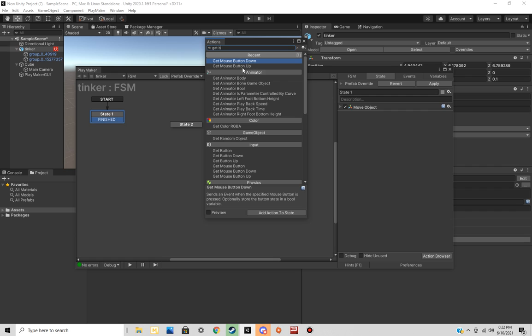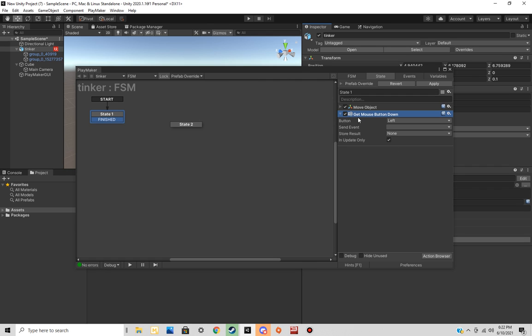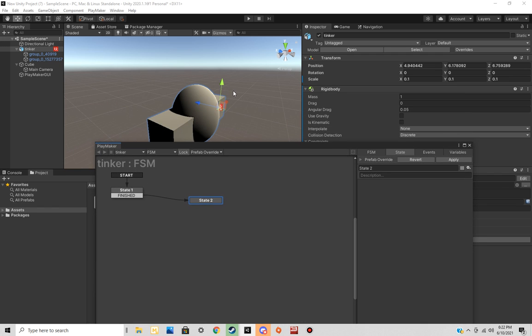Get mouse button down. There we go. So basically what this is saying is that I am waiting to see if the player presses down the left mouse button. If it does, I might go to this state and say, okay, I want you to spawn a bullet in front of my gun right here. And then essentially when that bullet spawns, I have another FSM on that bullet that tells it, hey, go forward